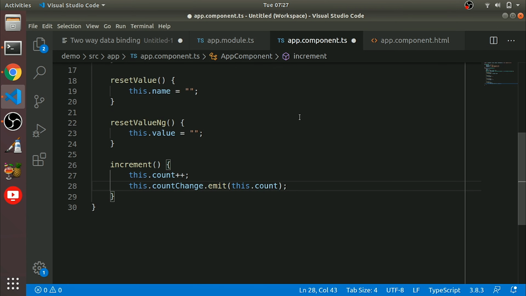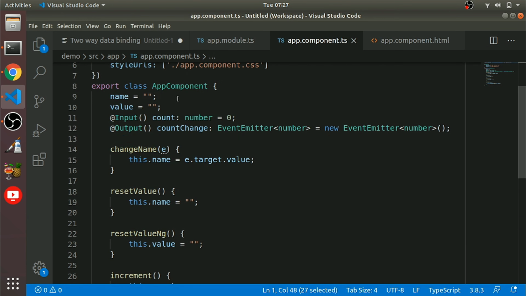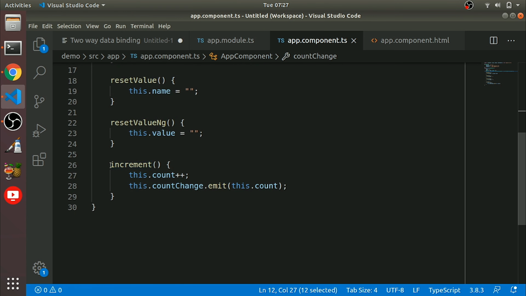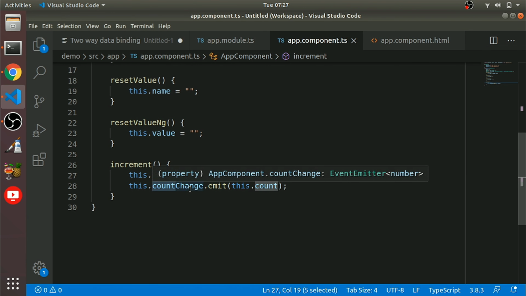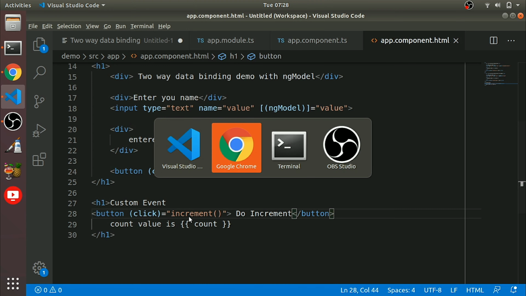We need to import these three things. Then we need to define an input property here, then the output event countChange to perform two-way data binding. This is EventEmitter. Then we added a method here, we are just increasing the count property, then we are emitting the event with the help of the countChange event emitter. Here we are just calling that method. So let's see what's happening.